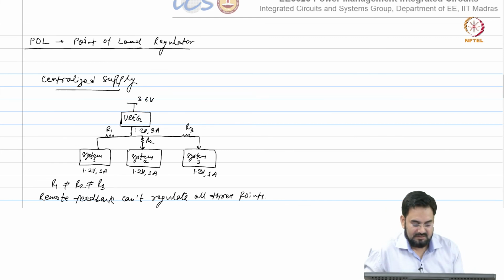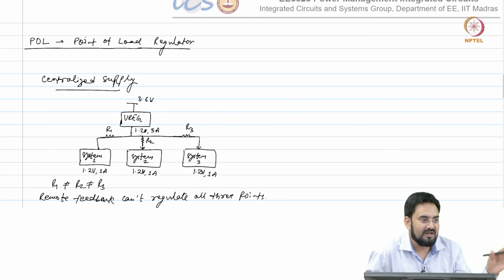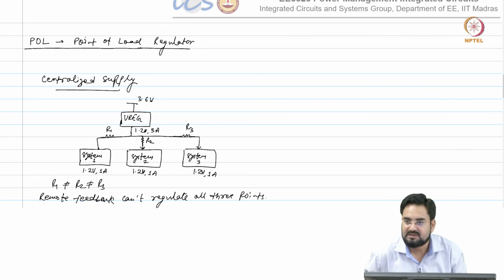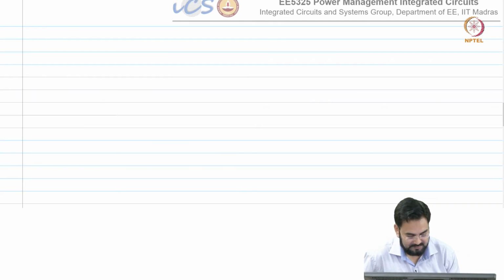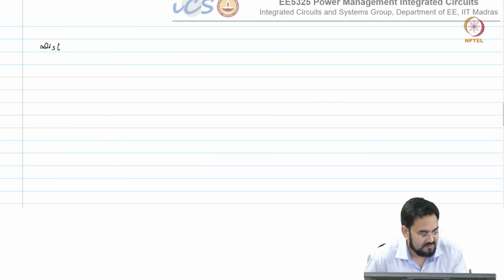So, what I do, instead of doing this, I will use 3 different smaller regulators of 1 amp rather than a single big regulator of 3 amp, and I will place all of them closer to the system. So, distributed supply.